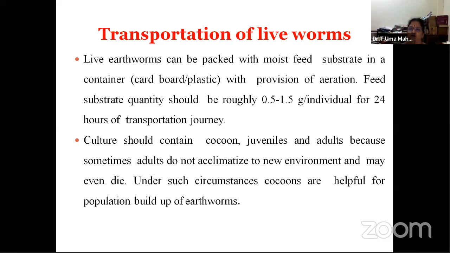Now, when you want to get earthworms from any place, or even when you start a vermi hatchery and want to sell the earthworms, how do we take them from one place to another for our purpose, or when we want to buy them? Live earthworms cannot be moved as single worms, and we cannot use them along with the substrate. We have to take them in a container, providing some type of aeration, and then we can transport them and use them for their purpose.